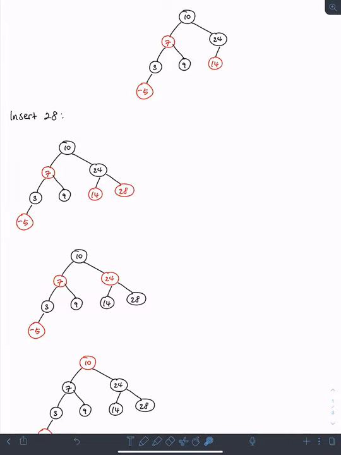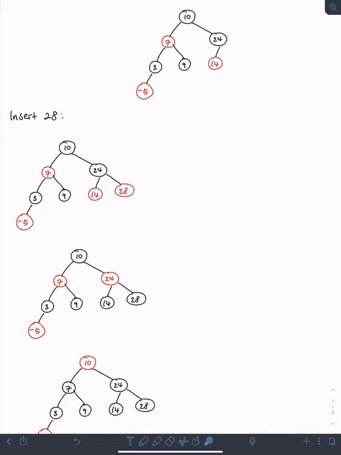When inserting into a red-black tree or an LLRB, it's basically the same procedure as inserting into a BST, right? Because an LLRB is really just a BST with certain additional properties, such as coloring every node either red or black, and then doing all these rotations or color flipping to make sure that it's balanced. So when we insert 28, it's really just a matter of starting at the root and then taking left or right at each level based on the comparison of the value that we want to insert with the current node's